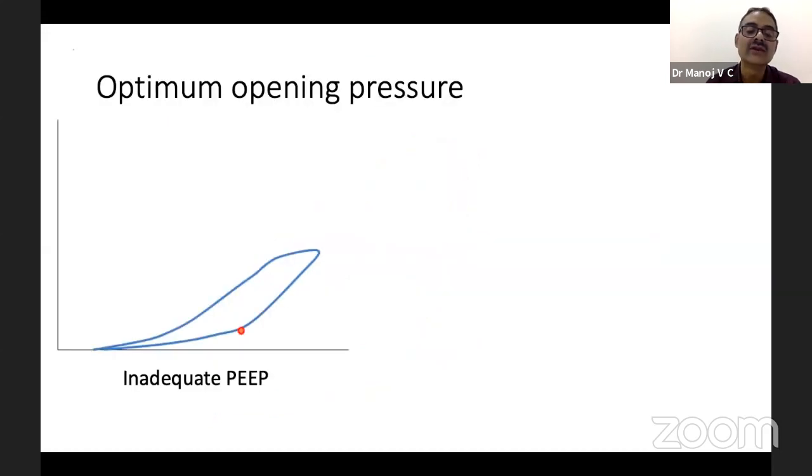Pressure volume loop can also tell you what is the ideal PEEP to use. You know that this is an inadequate PEEP. You should be using this as a PEEP and not this value. This pressure should not be. This is 3 or 4 and this is 6. So probably you should be starting with 6 here to get the best loop. So optimum opening pressure can be